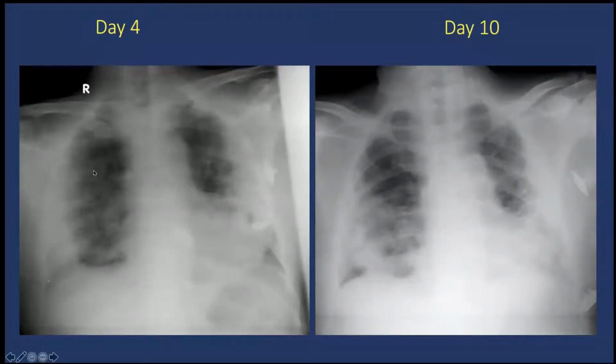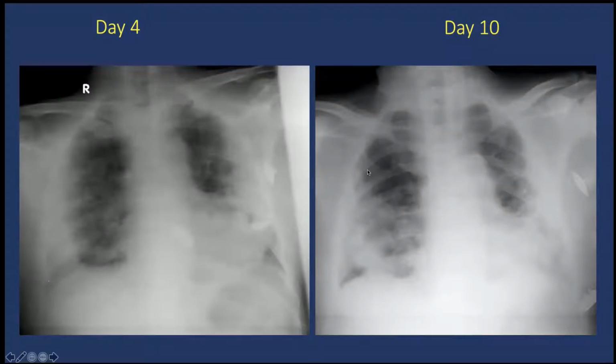We can see that these are predominantly peripheral findings in the radiograph. We can see over here that there are peripheral ground glass opacities, predominantly in the upper zones, and they are confluencing and forming a consolidative like patch at the lower aspect of the lungs. And again, they are very prominent peripherally.